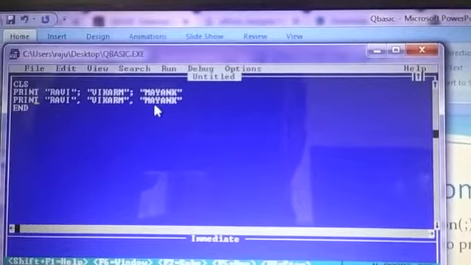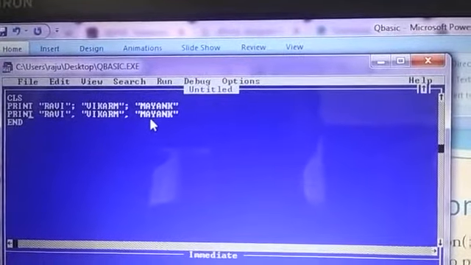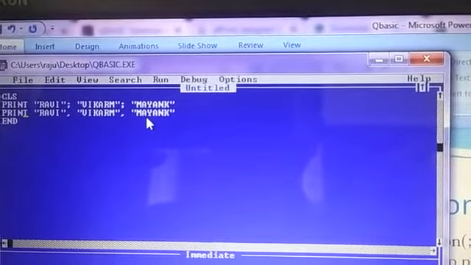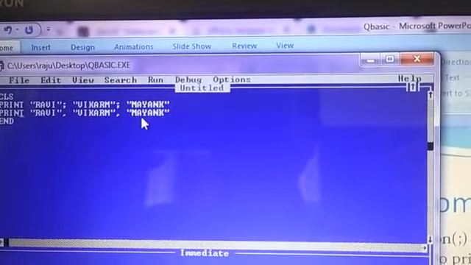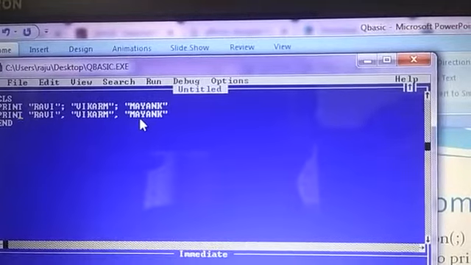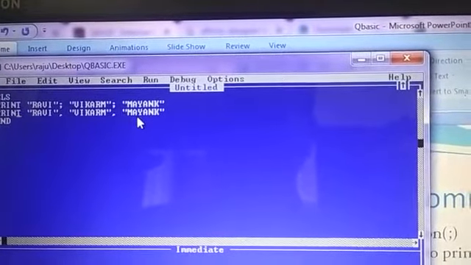In the first line there is no space: Ravi, Vikram, Mayank together. When I have used a comma, there is plenty of space: Ravi, then space, then Vikram, then Mayank. So this is the use of the print command with semicolon and comma. If you don't want to give any space, use a semicolon. If you want to give space, use a comma.